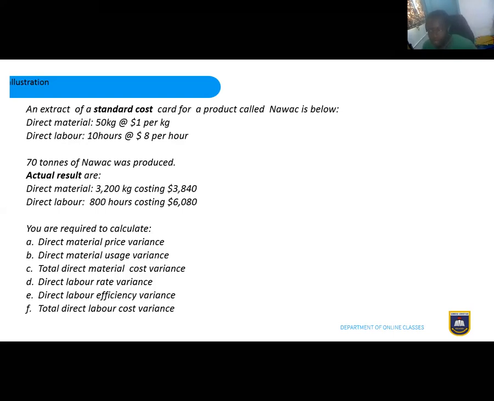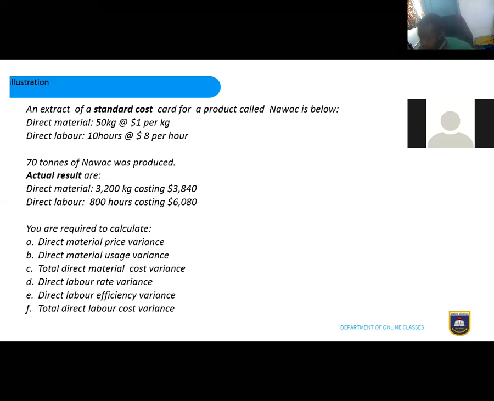Now, this is the question, illustration 1. An extract of a standard cost for a product called Nawak is below. Direct material, 50 kilograms at $1 per kilogram. Direct labor, 10 hours at $8 per hour. Now, bear in mind that